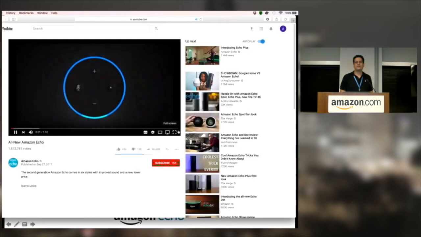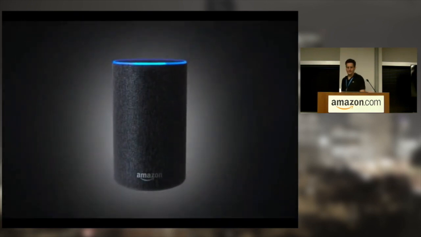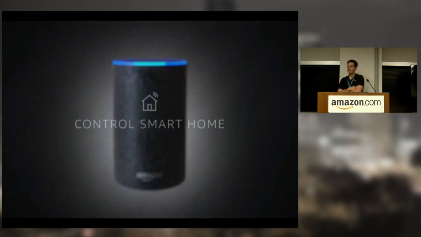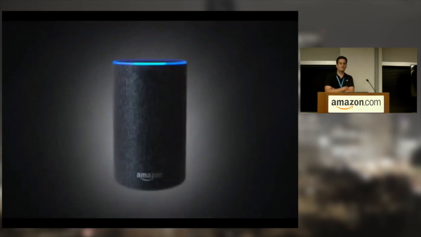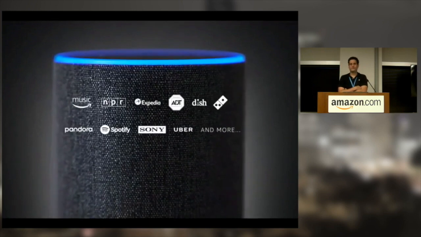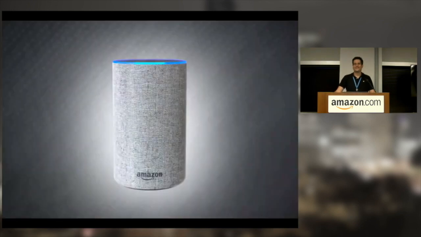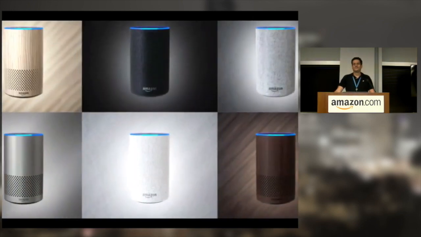Say hello to the all-new Echo. It's everything you love about Echo with a brand new look and a brand new price. Echo connects to Alexa to play music, call friends and family, control smart home devices, and more. And because Alexa is in the cloud, she's always getting smarter and adding new features. Echo comes in 6 unique styles designed to blend in or stand out.